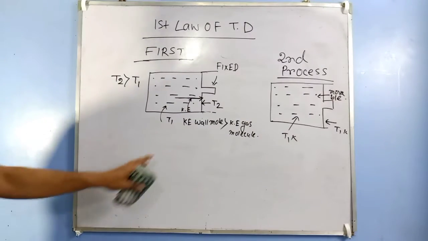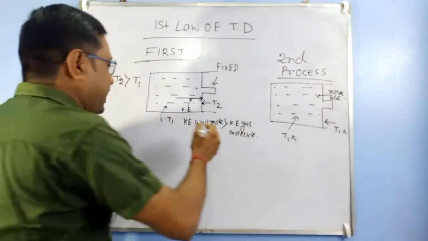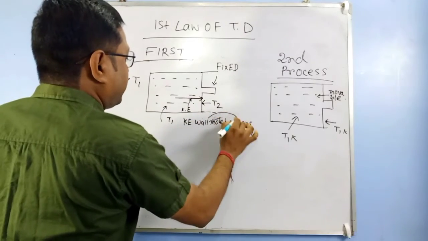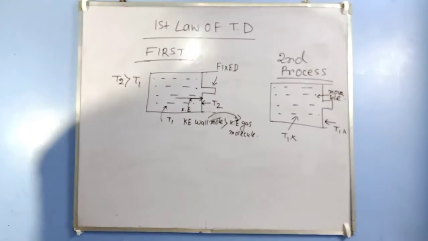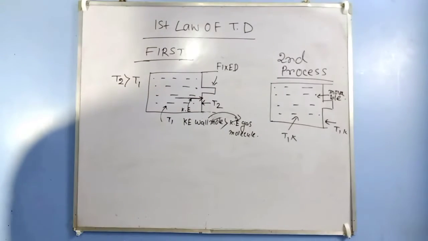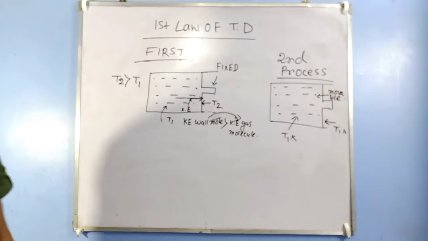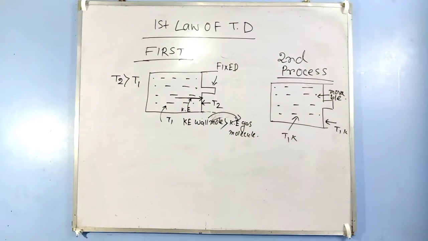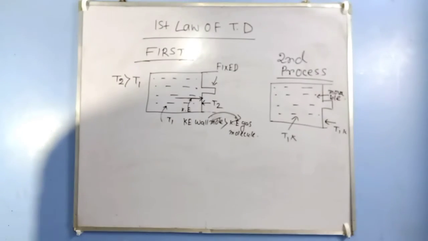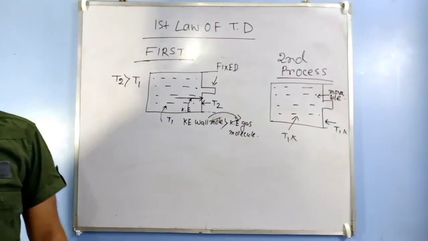When the kinetic energy of the wall molecules is greater than the kinetic energy of the gas molecules, some of the kinetic energy of the wall molecules is transferred to the gas molecules, and the additional kinetic energy acquired by the gas molecules is shared among all the gas molecules. This increases the kinetic energy of all molecules, and we know that the kinetic energy is directly proportional to the temperature